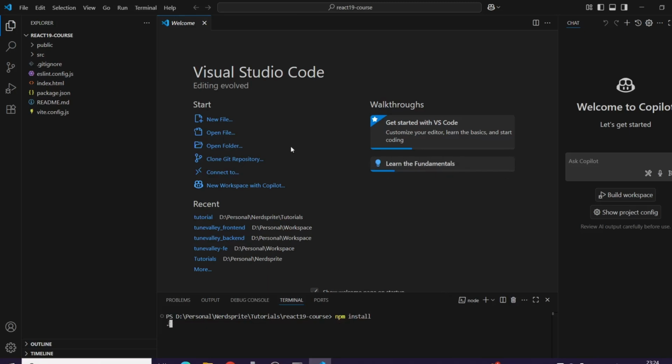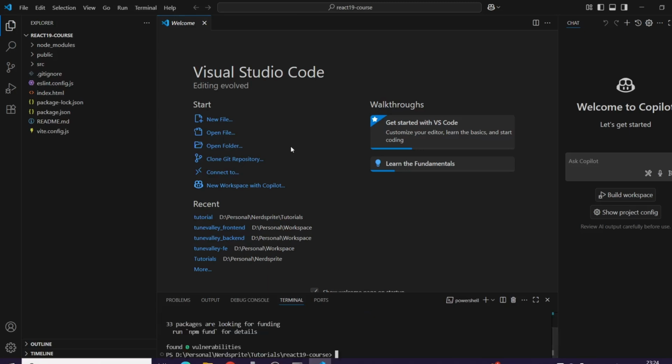Meanwhile it's installing the dependencies, let's discuss why we have used Vite. Vite has blazing fast dev servers, instant hot reloads, and a cleaner setup than Create React App. Most people just say Vite is fast, but here's what is really happening behind the scenes. Vite uses native ES modules, which means your browser loads only the files it needs when it needs them. And it smartly leverages your browser's cache so it doesn't reload unchanged code every time you hit save. So instead of bundling your entire app upfront like Create React App, Vite goes, oh, you changed just one component? Cool, I'll reload only that.